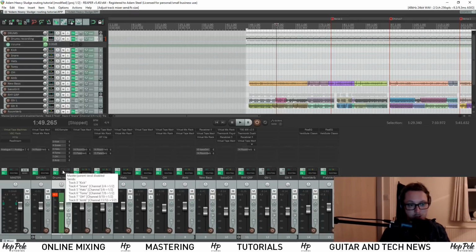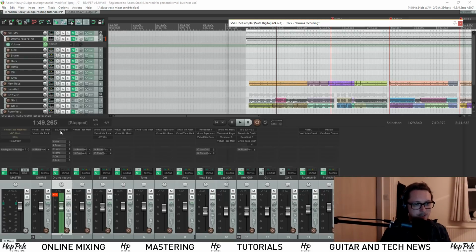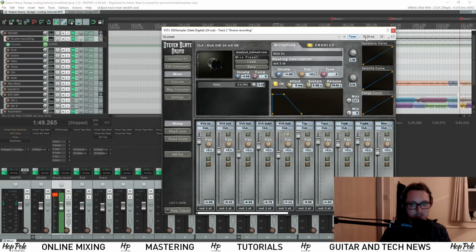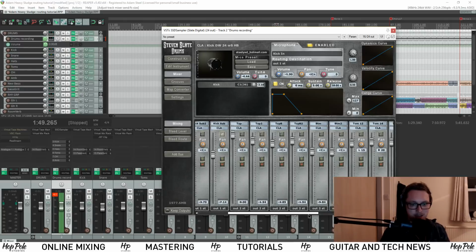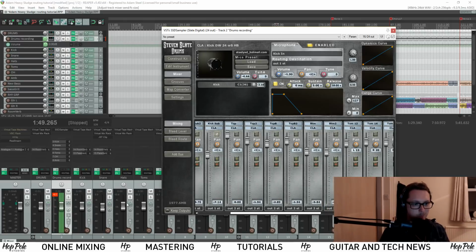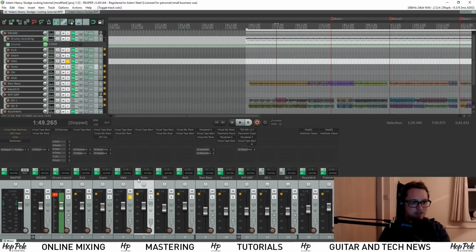So this is not going out of the master, this is sending Stephen Slate drums, which if I look inside it, it's got 16 out of 24 possible outputs. And the stereo outputs, if we look at them, all the kicks are going to output 1, which is the kick. All the snares are going to output 2, which is a snare. Repeat, repeat, repeat. So there's hats, toms. So if I just solo the hats,